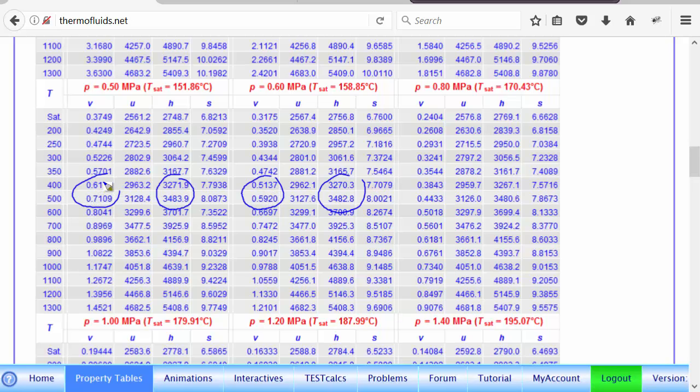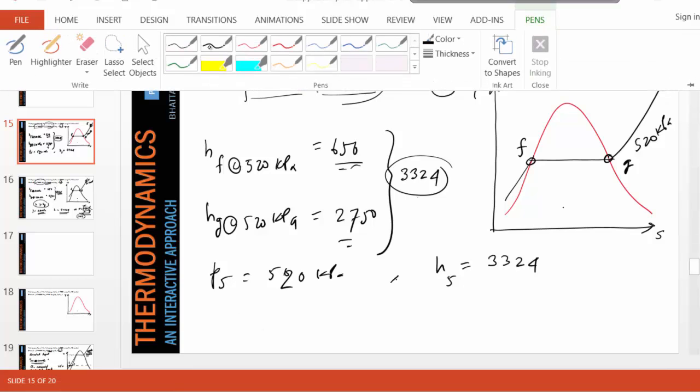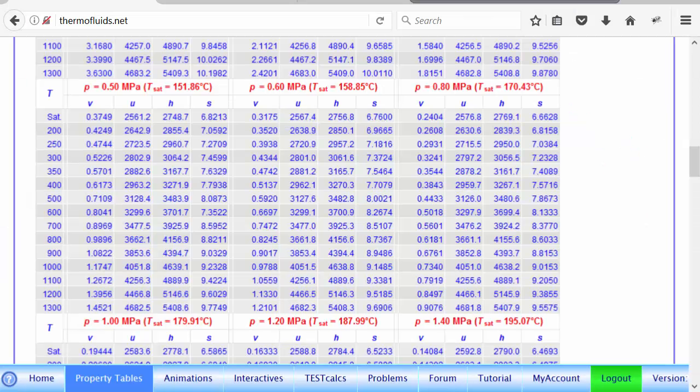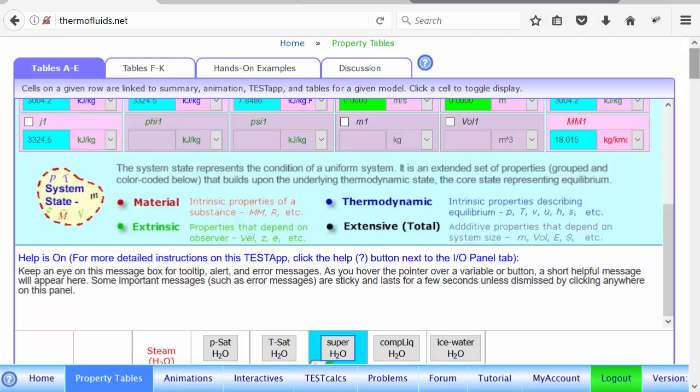So if we eyeball it, it'll be somewhere between 0.61 and 0.71 here, and that's kind of like, let's say 0.65, and it's somewhere between 0.51 and 0.59, let's say 0.56. So just to get a ballpark number, I'll say maybe 0.63. Okay, that's a quick and dirty job, and let's quickly check what we get. So our guess is 0.63. And what we get if we do it using TESTcalc, the exact correct solution, it's already open, so we can just go and